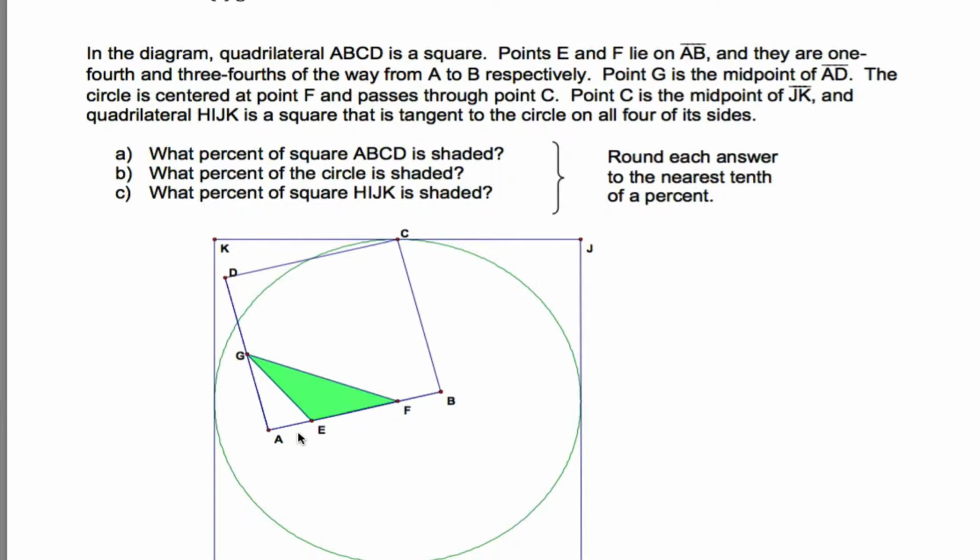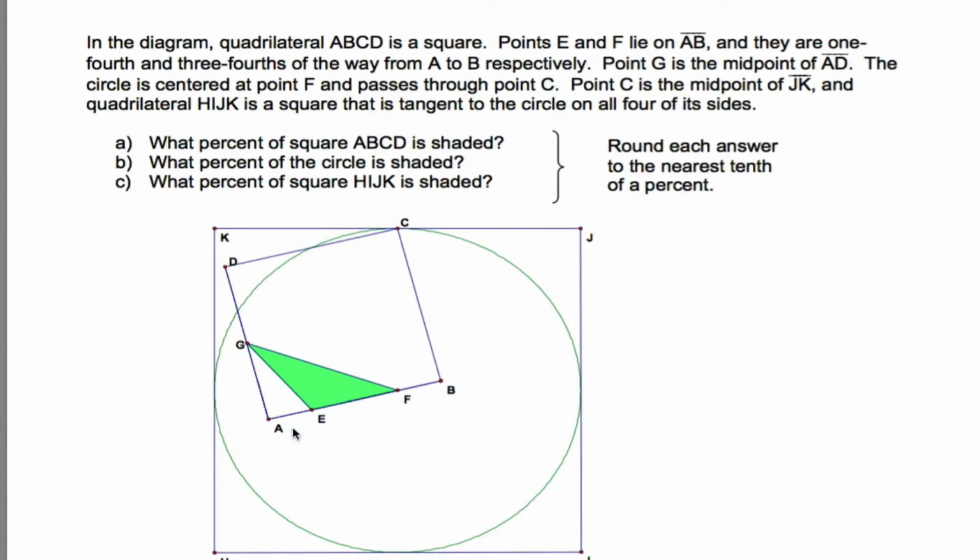So at this point you can introduce variables. You can say the length from A to B is, I don't know, X or something. But you don't have to. You have the freedom to call that length whatever you want. A lot of people might think to call that 1, but then you're going to introduce a lot of fractions, right? If it's 1 from A to B, and this is a quarter, and this is a half, and this is a quarter. So I think it'll be easier to call